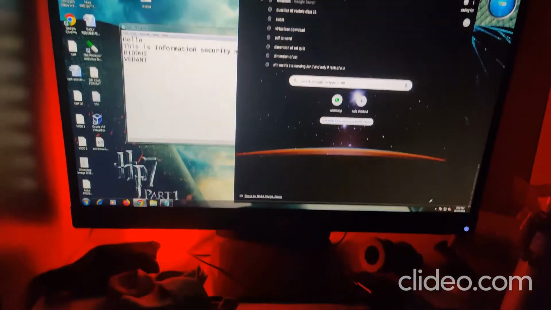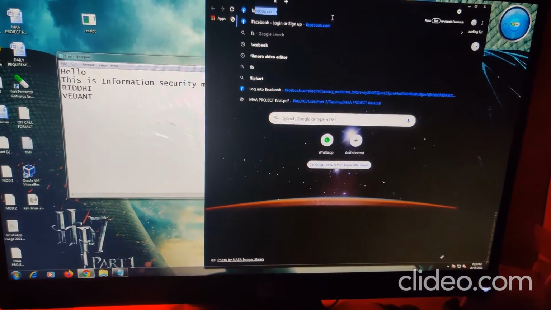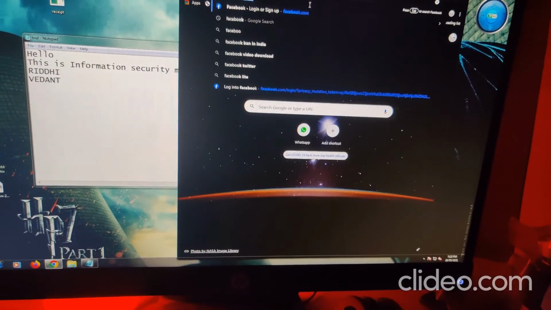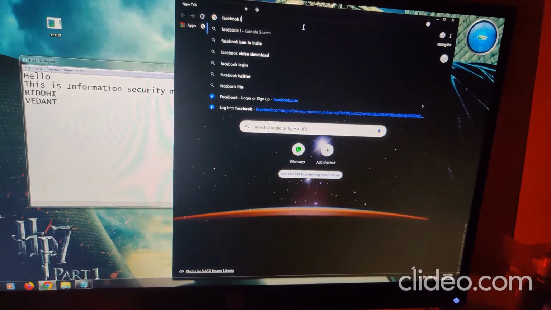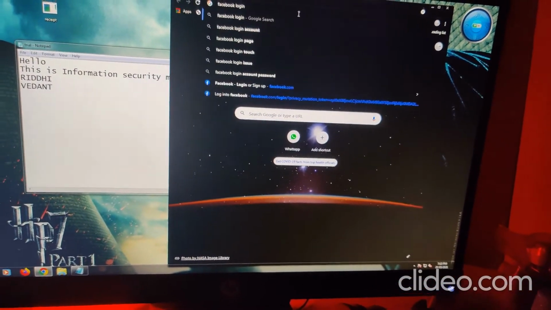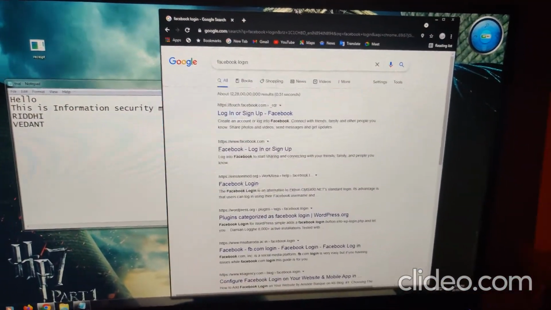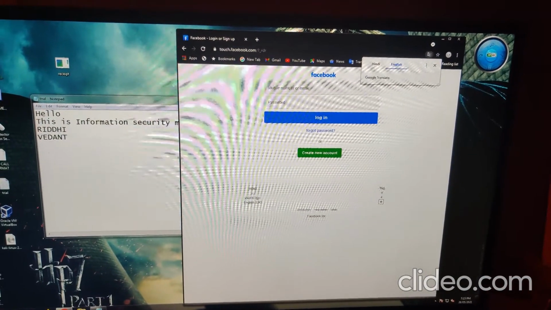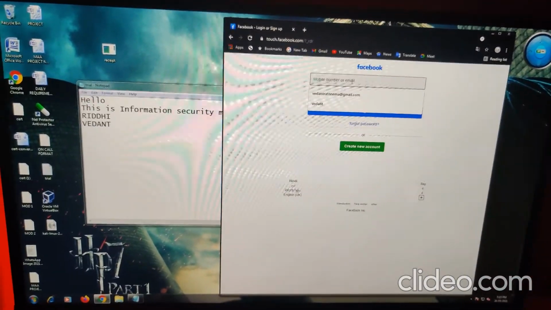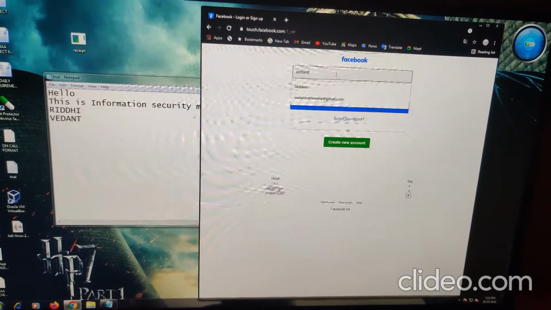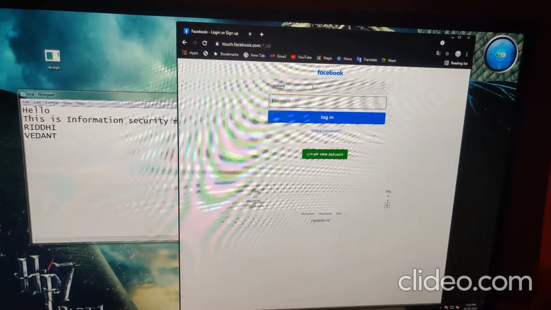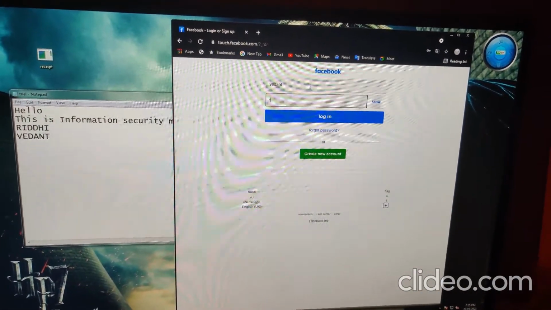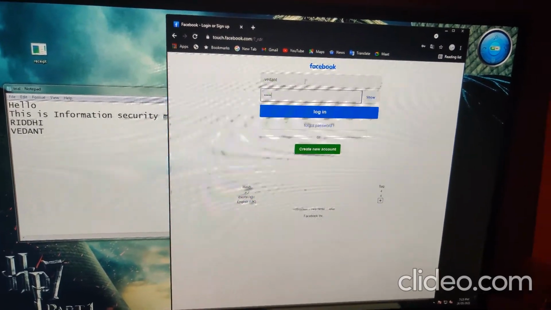So here on the victim's PC I am going to type Facebook login and hit enter, and I'm going to go for login. Here I'm going to type Vedant, and I'll just hit tab for the password, and I'll give the password as 12345.